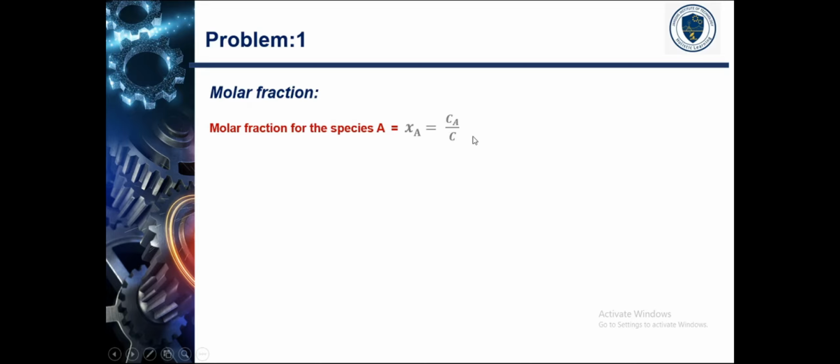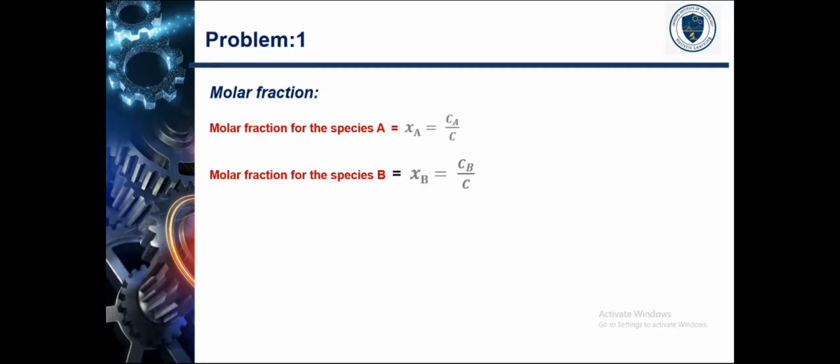In the same way, the molar fraction for species B, XB, is equal to CB by C. Here C represents the molar concentration of the mixture, and CA and CB represent the molar concentrations of species A and B. But at this condition we don't know all these three parameters. So we have to calculate all three, then only can we calculate the molar fractions XA and XB. First, to calculate C,